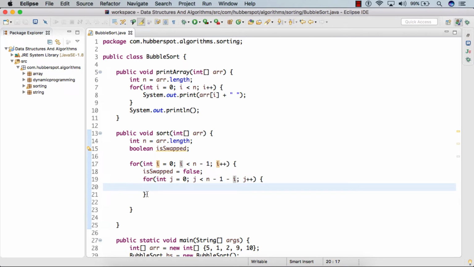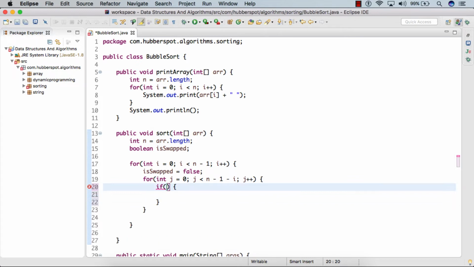Now inside this inner for loop, our basic comparison will start. We'll start by comparing the adjacent elements: if the value at index j is greater than the value at index j plus 1, then we know that they are in the wrong order.